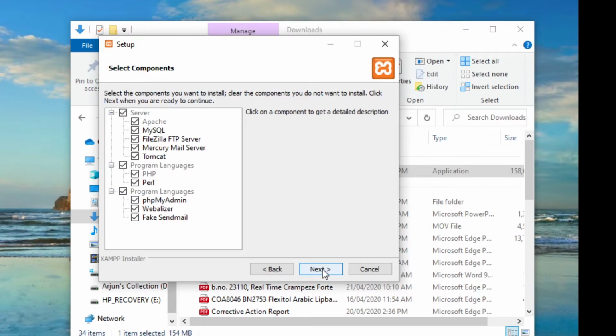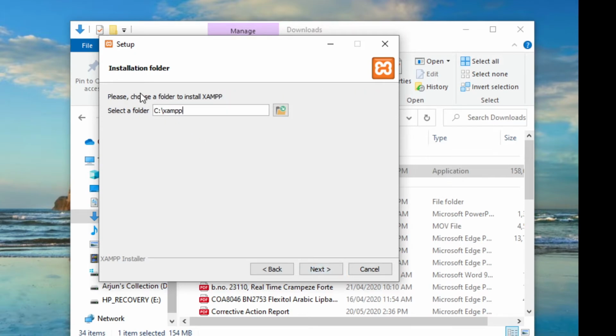In the window, just click next, and from this option you can select according to your requirement. I prefer to select Apache, MySQL and FileZilla for file transfer protocol. Mail server, if you need Tomcat you can check the box. PHP, Perl, PHPMyAdmin. I prefer to select PHPMyAdmin, PHP, FileZilla, MySQL and Apache, or if you want to select all of them you can. Just click on the next button and select the location where you want to install